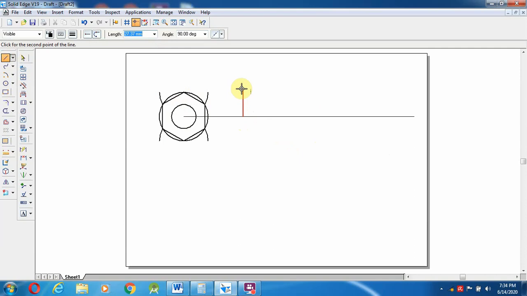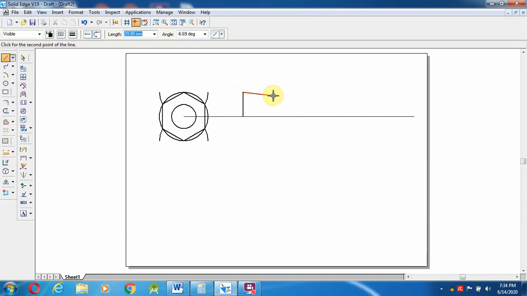First I'm going to construct the front view of the bolt, sorry, the bolt head. Because the bolt head diameter is 48 mm, 24 mm on one side, and towards this side it is going to be 0.8D.